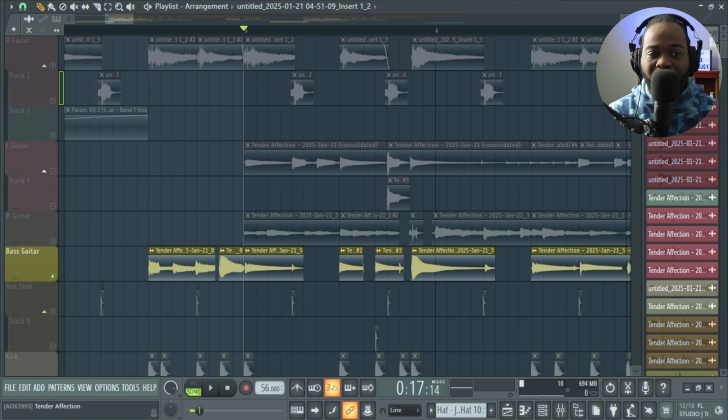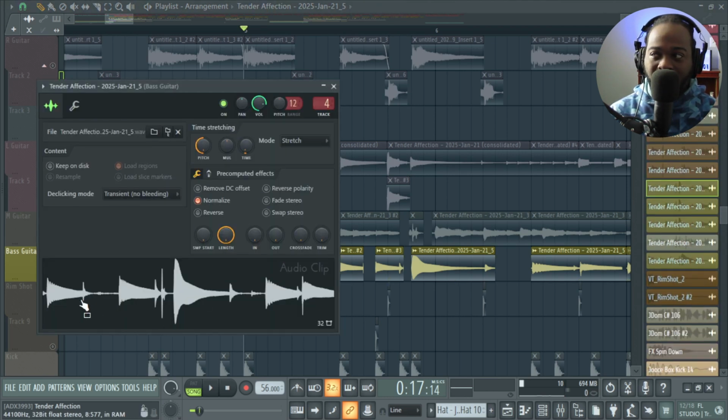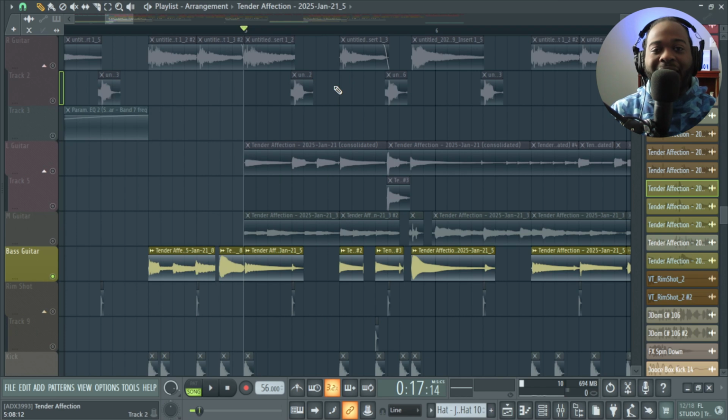The next thing that I did was the bass, and the bass is also being played on the exact same guitar. It's an acoustic guitar. All I did with this was I just pitched it down. So I took those takes, this is one take, and I just pitched it all the way down 1200 cents, and I got it in the octave of a bass. If you listen to it here,